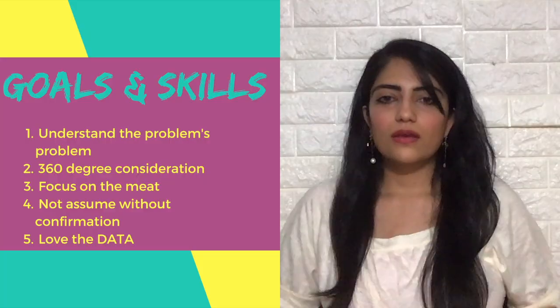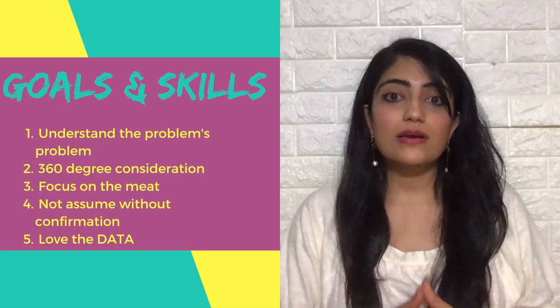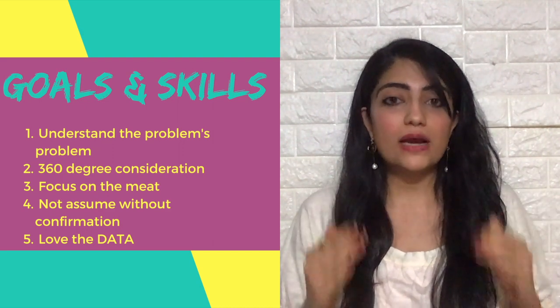So a typical example can be, do a root cause analysis of my cart additions going down by 15% in the last 2 days. Now here I've given you a lot of information, but sometimes the information you get is very limited, so you have to go about finding a lot about the problem itself, which we'll cover in the approach. But the goal you're trying to achieve here is to show your 360-degree thinking power, to show that you're not unidirectional, but you can weed out the unimportant information and reach the right information at the right time.